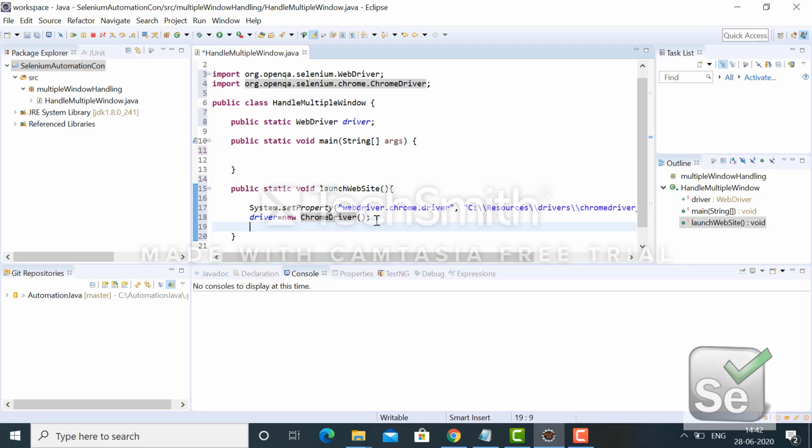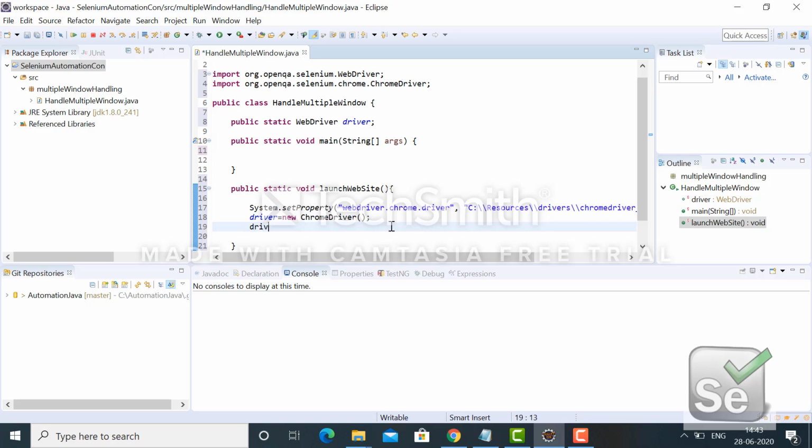class. Sometimes in interviews it is asked, why are we not doing WebDriver driver equal to new WebDriver? We cannot do that because an interface cannot be instantiated. But an interface variable can be referred by an object of a class. So that is what we did. ChromeDriver, FirefoxDriver, these are all the vendor classes, they have implemented the interface methods, the abstract methods within the interface.